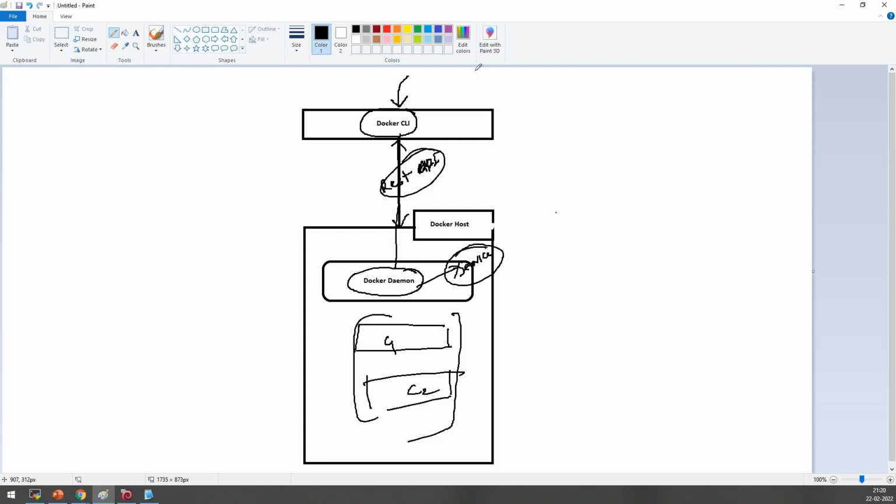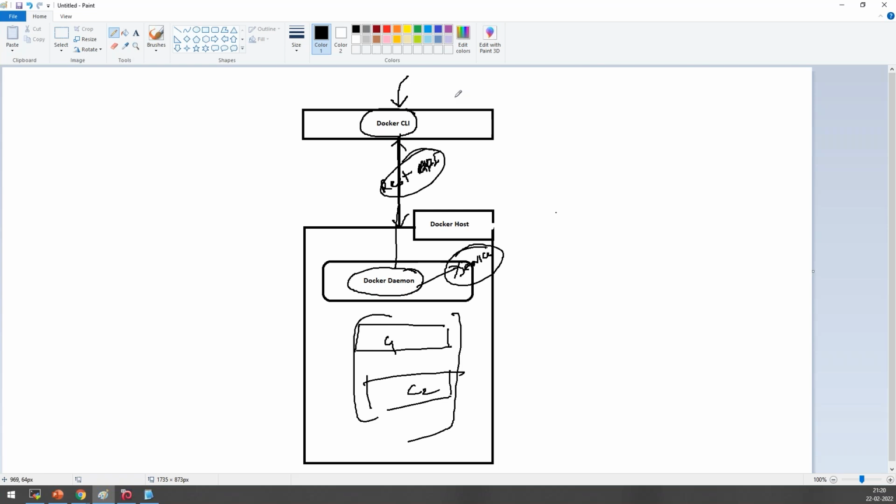Fine. Tell me, my query is something else. Suppose you have your laptop. Let's take a layman example. You are using your laptop, whatever OS you have on it. I want to convert this laptop to a Docker platform, so I want to convert your laptop into a Docker host.